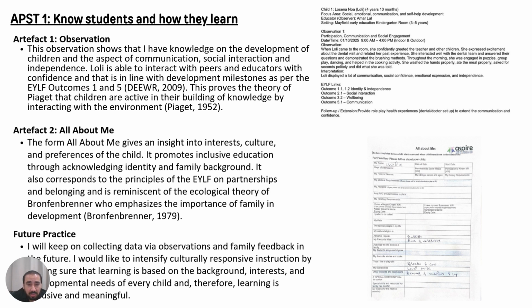This promotes inclusive learning and teaching and reflects the ecological theory by Bronfenbrenner. Combining these two artifacts, I can demonstrate my capability to comprehend the progress of the children and provide responsive